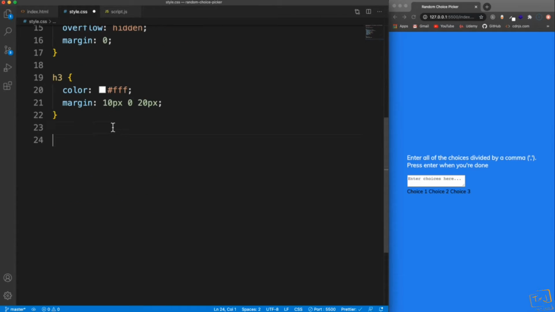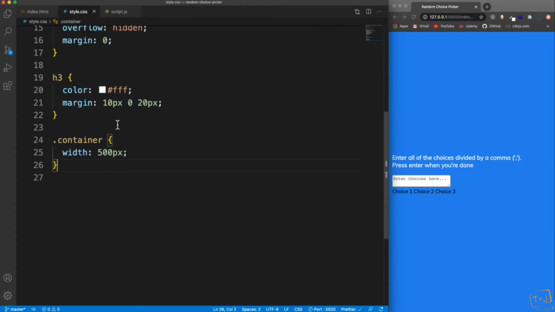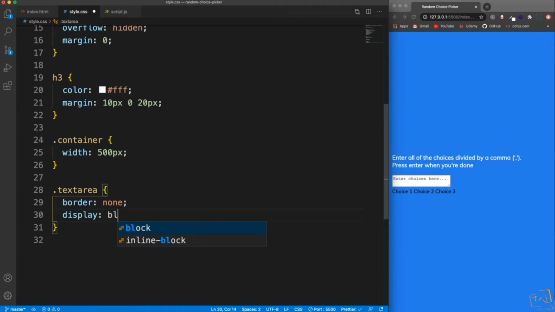And then for the container, we'll set a width of the container to 500 pixels, and actually, yeah, that should do it. So we have a 500 pixel container. Let's do the text area. So that has a class of text area. And I want to get rid of the border, so we'll say border none. And let's make this a block level element, so display block, and we're going to set the width to 100% of its container,